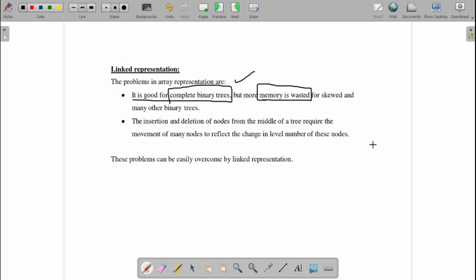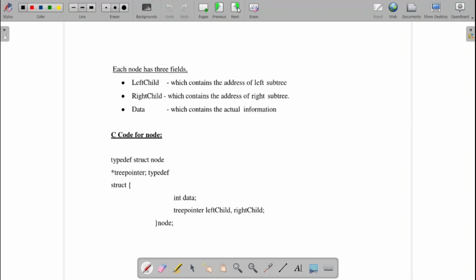Along with the memory wastage, inserting or deleting a node in the middle of the tree requires moving many nodes to reflect the change in the level of the tree. That's why linked list representation is preferred over array representation. These problems can be overcome with the linked list representation. Let us learn the linked list representation.